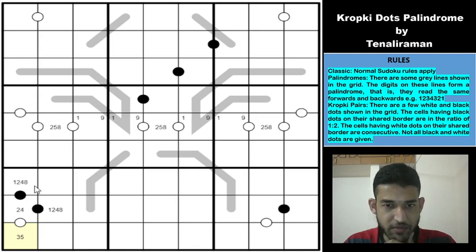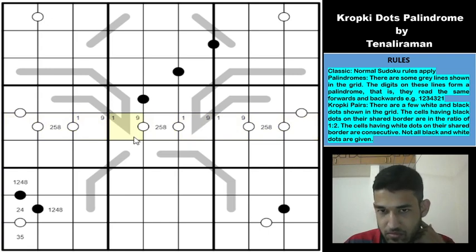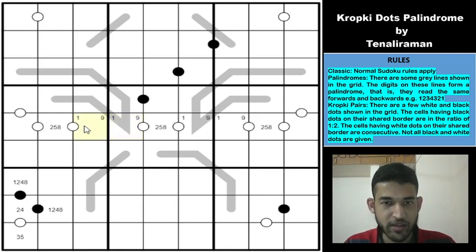Okay, doesn't seem to be anything much we can do here. Let us come back to this row. This seems to be heavily restricted. So we can do one thing here, guys. One can be restricted from here. It is a bit of a look ahead.